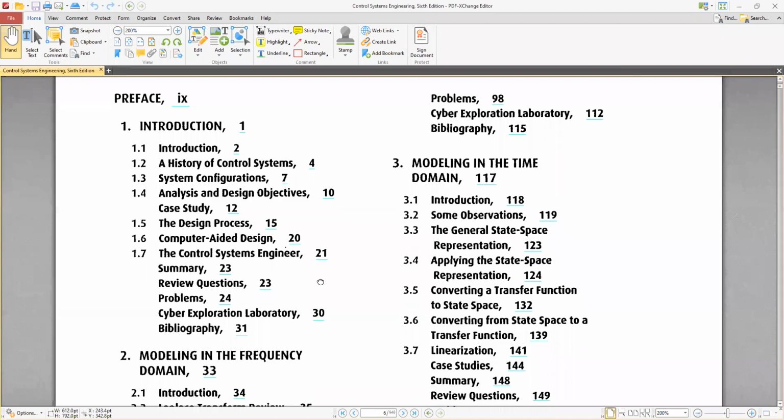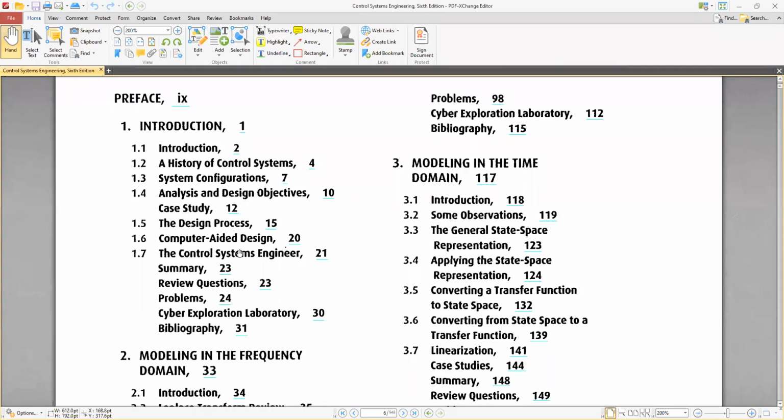Okay, what will you study? Introduction, the first chapter. In the introduction chapter, you will have to see the PDF slide, the PPT slide. Here are the definition of the control system and the types of control system, open loop and closed loop control system. Okay, the definition and types,